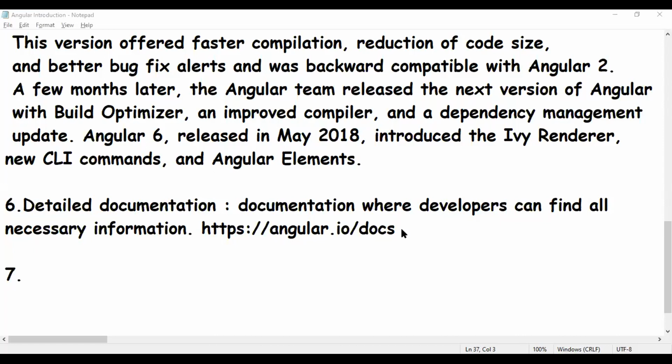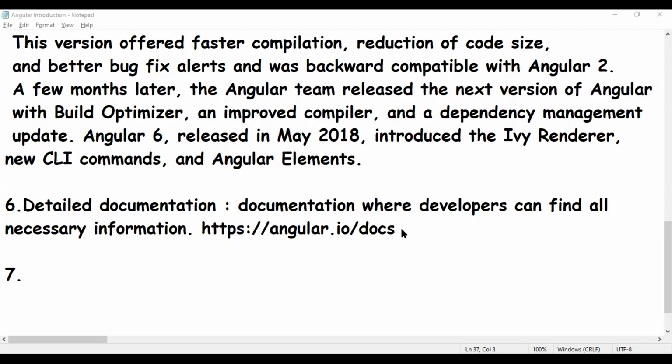The popularity of Angular has resulted in the appearance of thousands of additional tools and components that can be used in Angular applications. As a result, we can get additional functionality and productivity improvements.